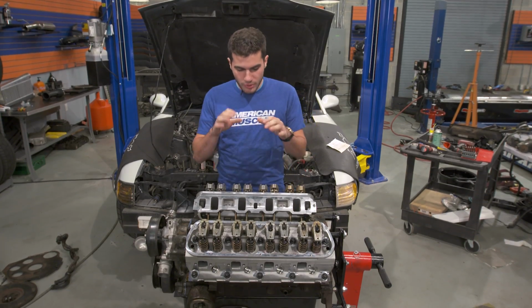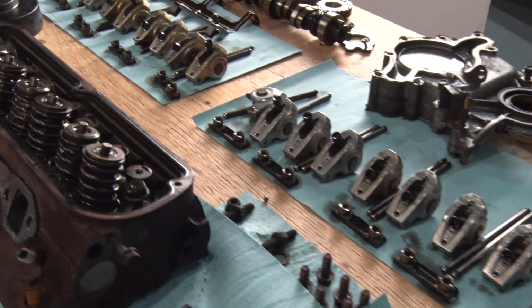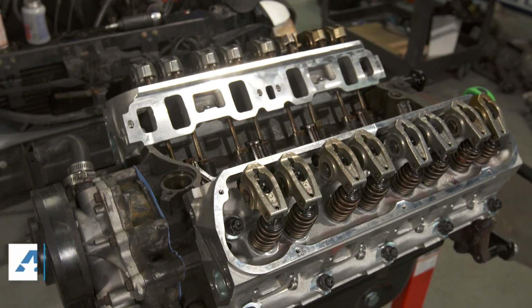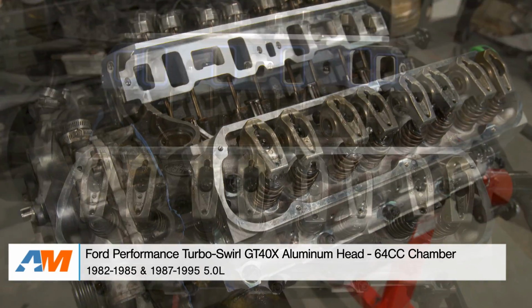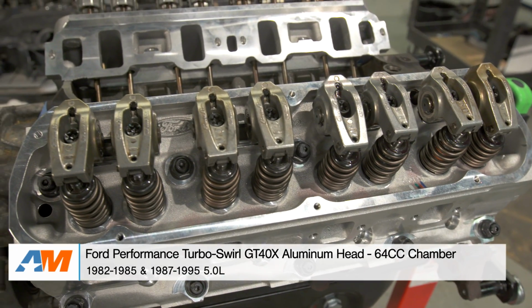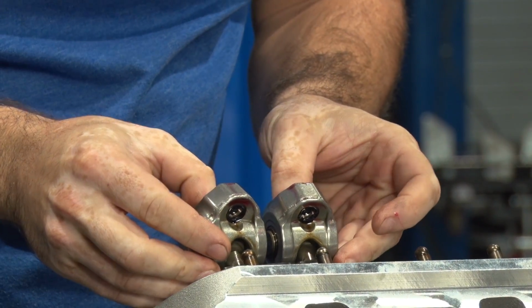As you just saw, we pulled the motor completely out of the car just to make it a little bit easier to work on. We broke the entire thing down to the bare block, which was a pretty cool process. Starting on the rebuild, we threw on the Ford Performance Turbo Swirl GT40X cylinder heads. A huge improvement over the factory option there, and on top of that, we've got the Crane Cams 1.7 rocker